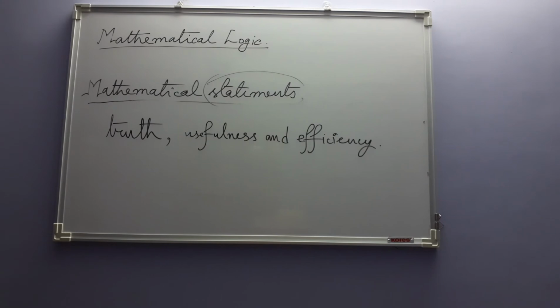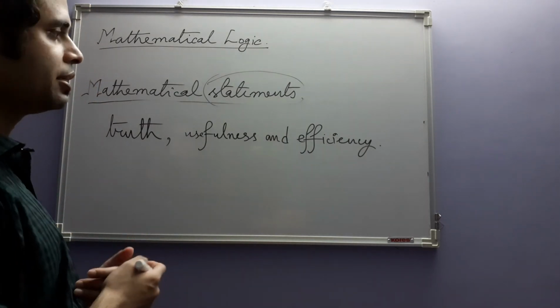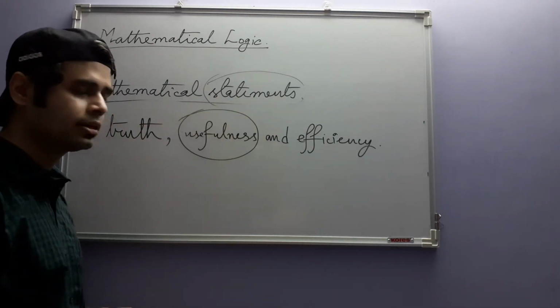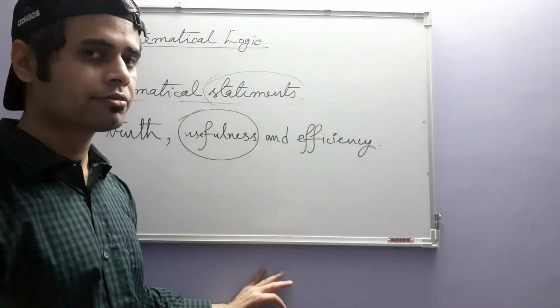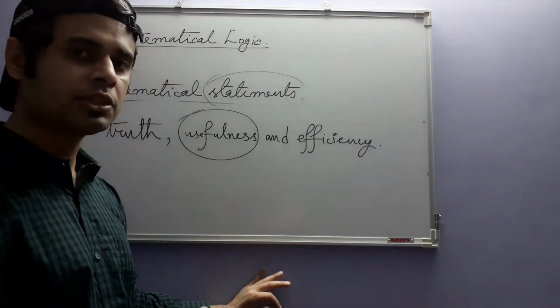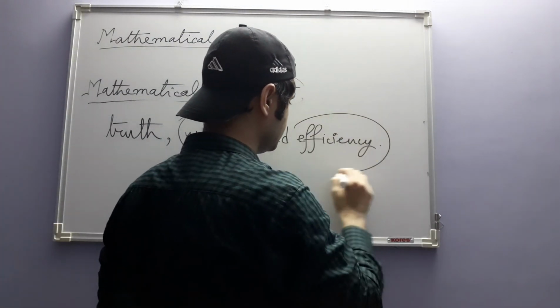Now, I have to elaborate on this. What do I really mean by usefulness and efficiency? Usefulness, of course, is related directly to applicability of a particular mathematical concept, maybe inside of mathematics itself or outside. And efficiency is something